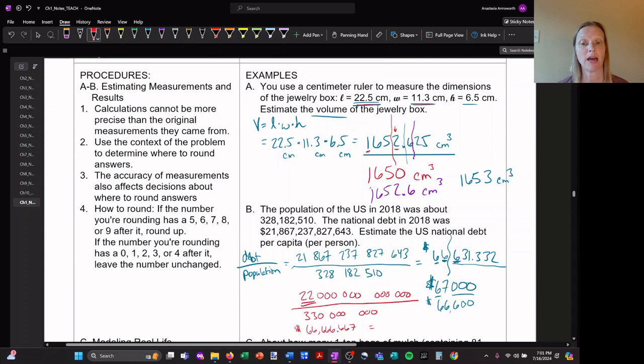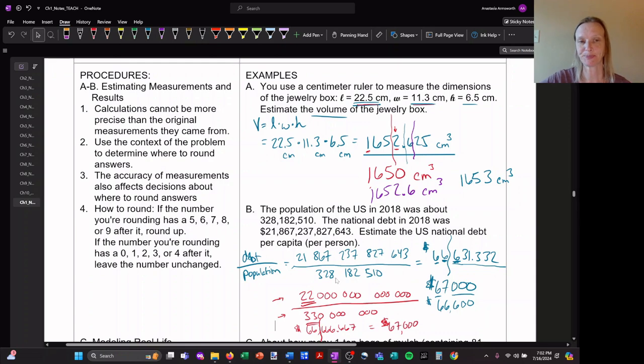Now, in this case, because we only have two significant figures that aren't zero, here it definitely makes sense to round this number off to just two non-zero values. So saying 67,000. If you choose to round off your number, your debt and your population before doing the division, sticking with the same number of non-zero digits makes sense. So you get very similar answers with whichever strategy you use. It's obviously very convenient to not plug in quite so many digits into your calculator